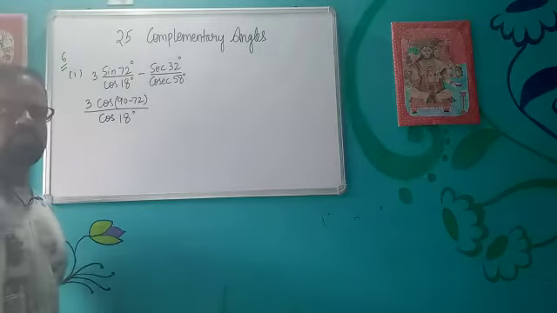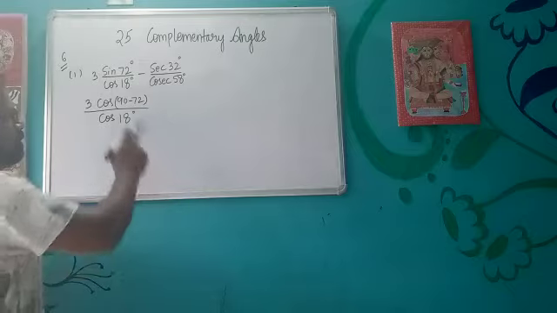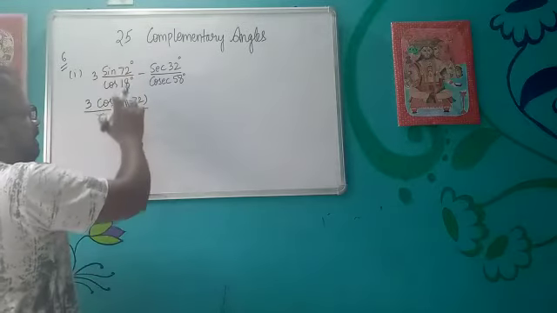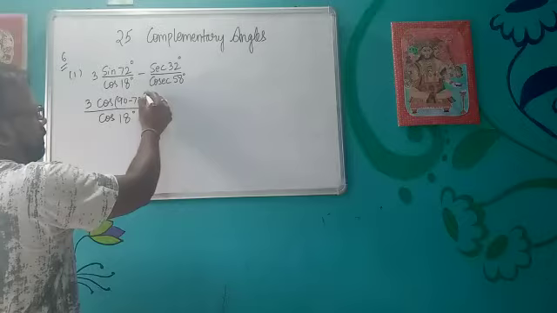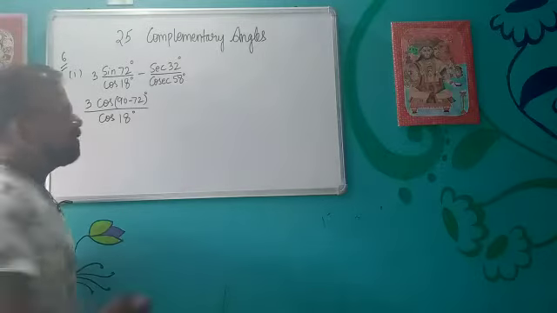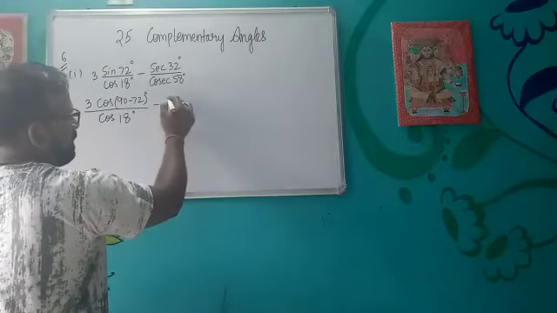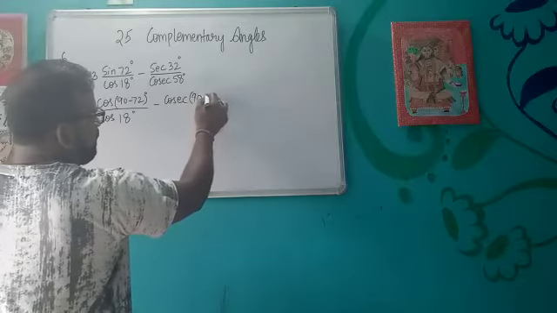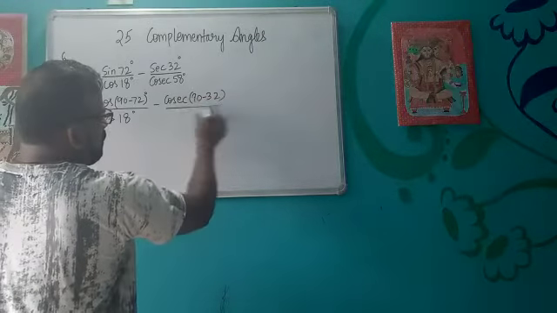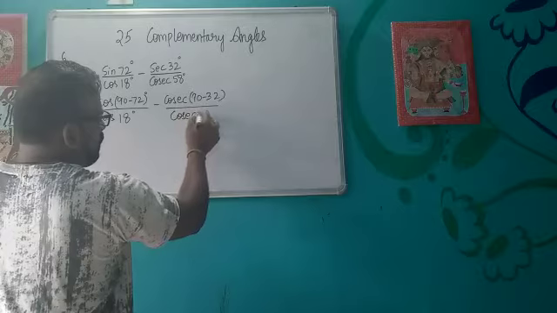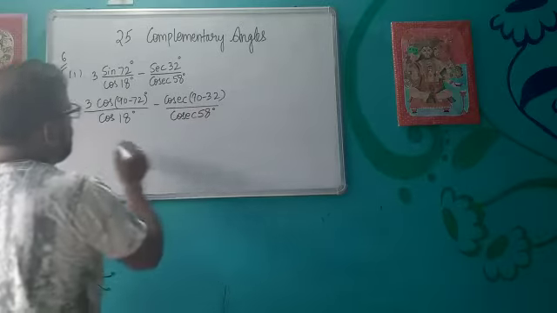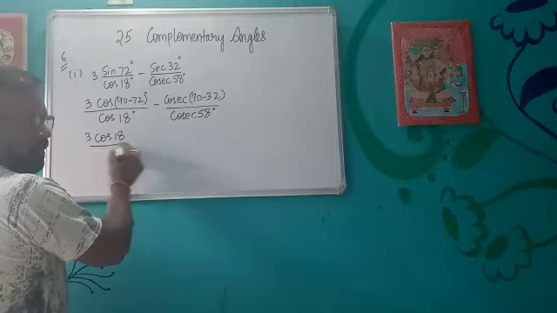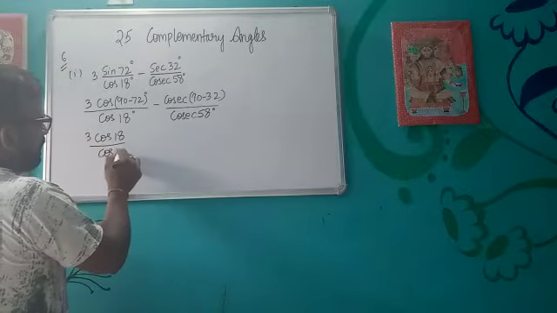Okay, let's discuss a few more questions. Suppose we have to evaluate this. Now I am replacing this sine by cos of 90 minus 72 degree. Sine theta equals cos 90 minus theta. Then sec becomes cosec 90 minus 32 upon cosec 58. So it becomes cos 18 degree upon cos 18 degree